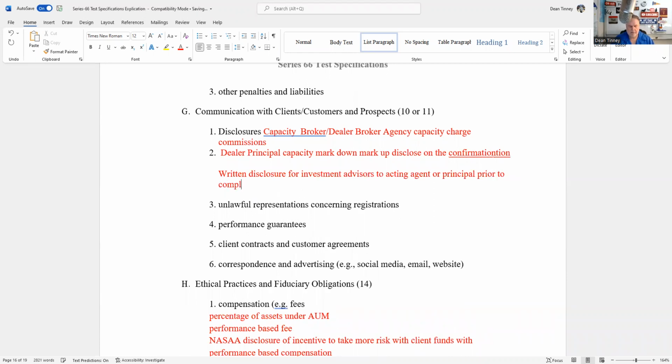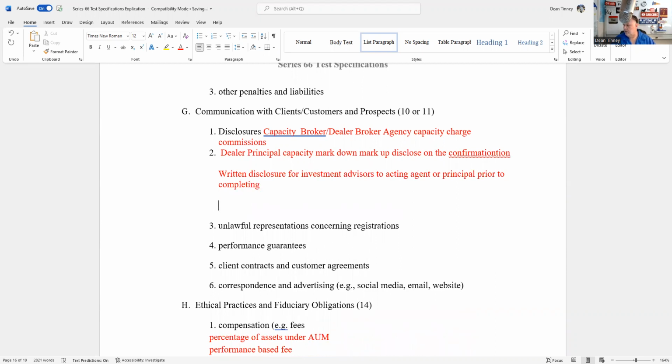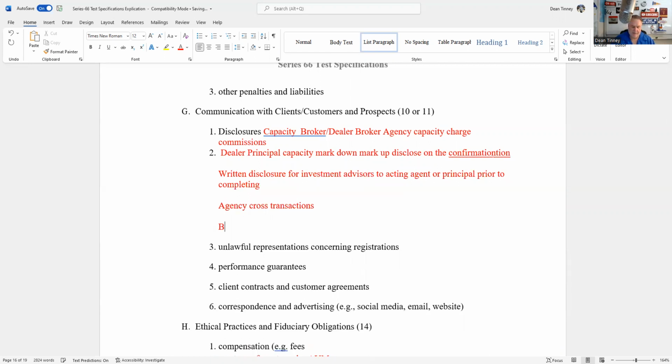All right, so we're talking about disclosures. Another disclosure is what we call an agency cross transaction. As an investment advisory firm, when given the opportunity to save money, rather than take our buy and sell orders to a market maker or to a broker, we'd like to be able to do an agency cross. In an agency cross, we tell you when we open the account that this is something we like to do. So, for example, if the bid is 15